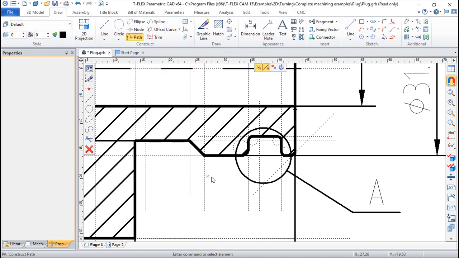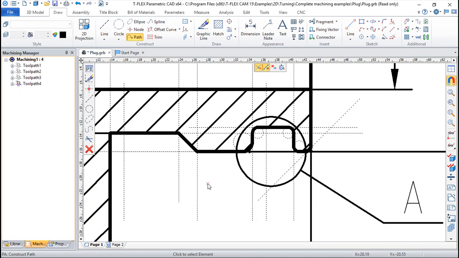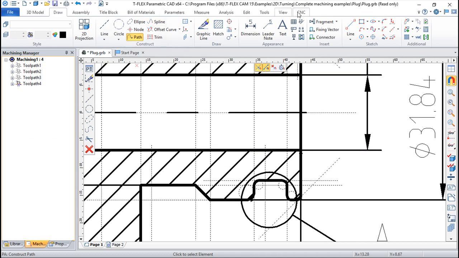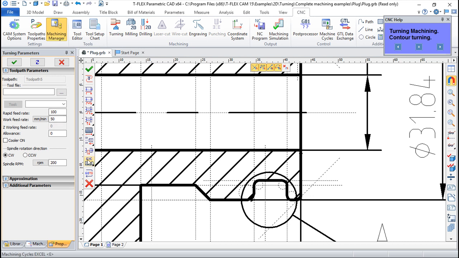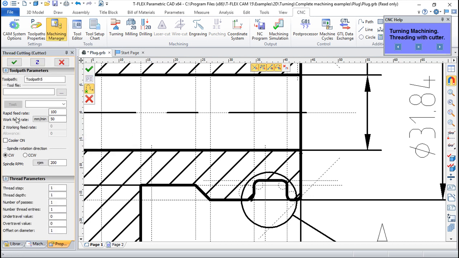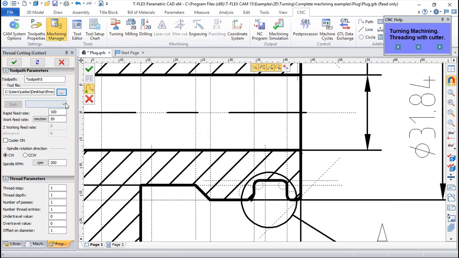So path, and simply let us simulate a thread in this area here. And now CNC turning with a cutter. Let us open this file with this tool, choosing this path,